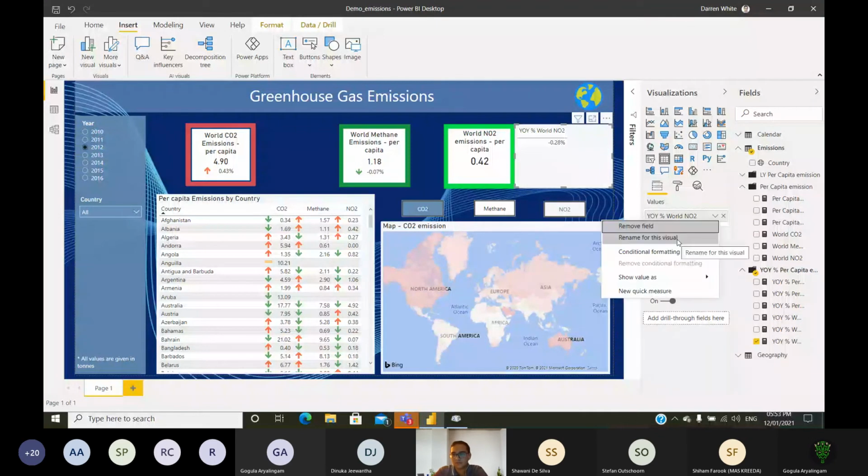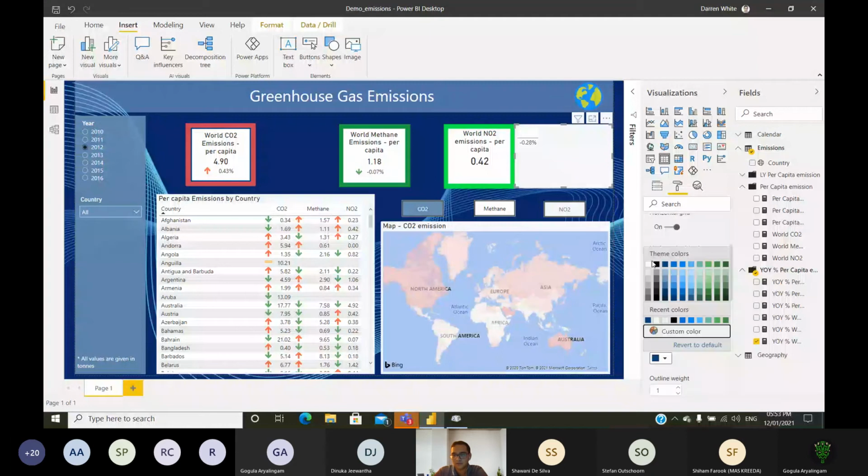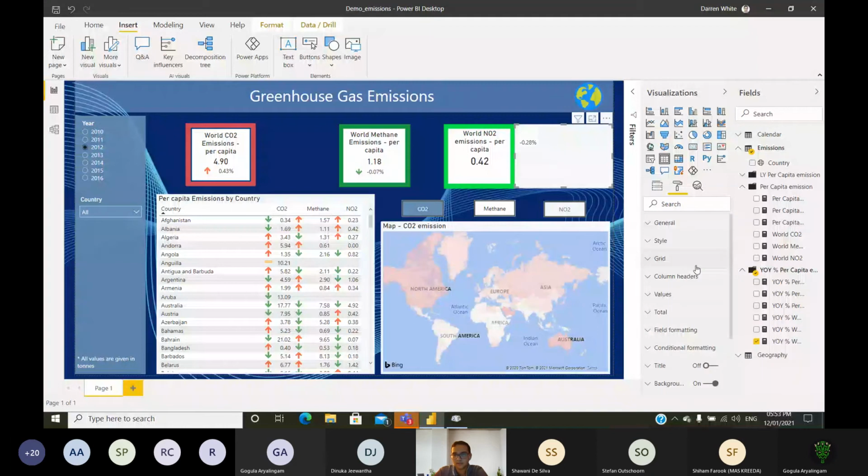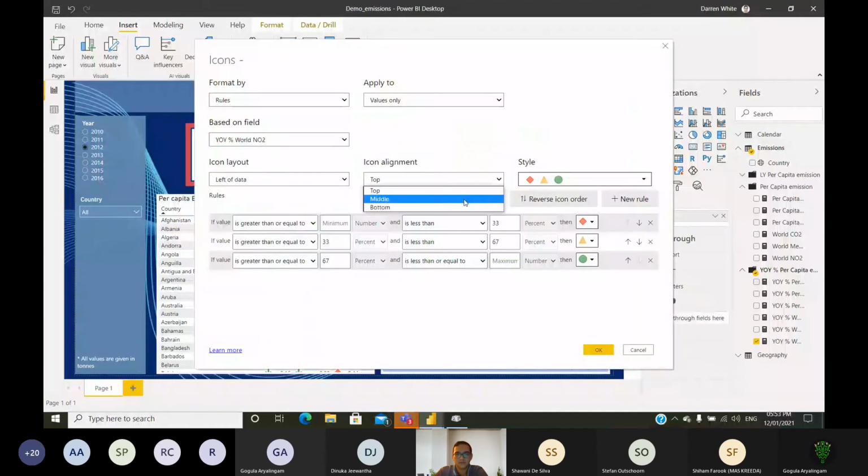Remove the outline as well, just to make it look as transparent as possible to blend it in, and also reduce the column header font size to minimize the size. This again, we are going to apply conditional formatting. So here we are going to keep the data left of data, and middle, and yeah,